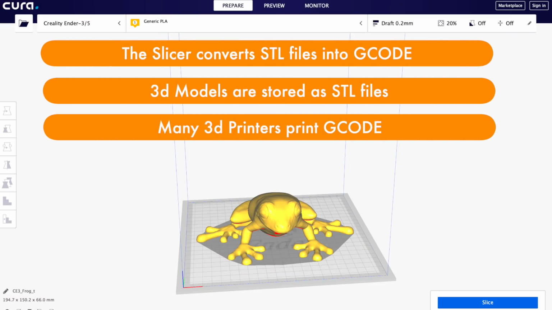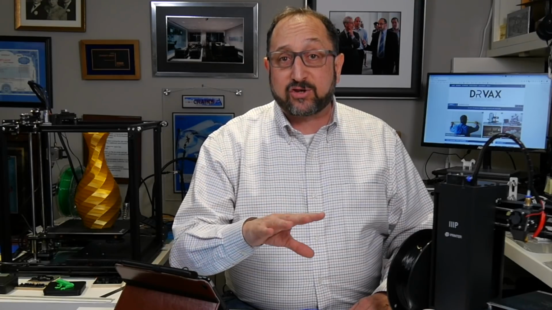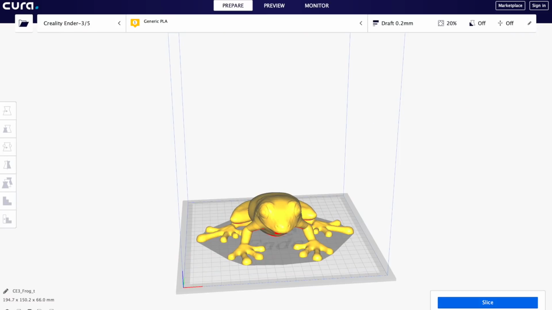The first slicer you see on the screen here is Cura. Cura is open source, meaning anyone can use it for free, but it's supported by Ultimaker, a manufacturer of 3D printers. Now, their 3D printers start at thousands of dollars and may not be appropriate for your very first hobbyist 3D printer, but they're used extensively in the business world, in the architectural world for modeling, in the engineering world. They are a serious player in the 3D printing business. And as part of their business, they support Cura, the open source slicer.